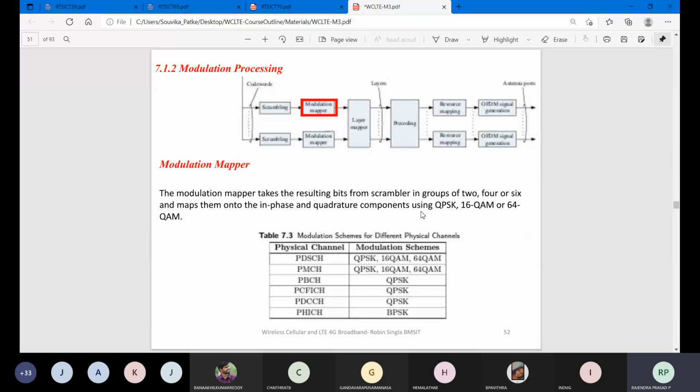Next in this modulation process is your modulation mapper. You have different types of channels.